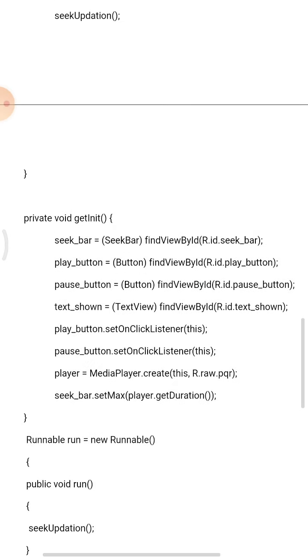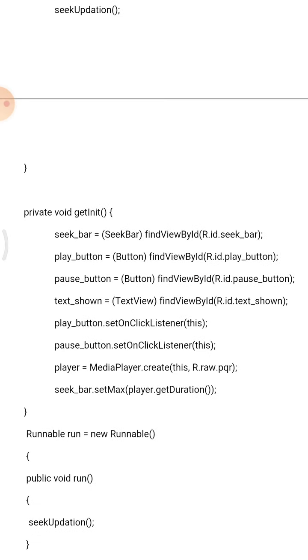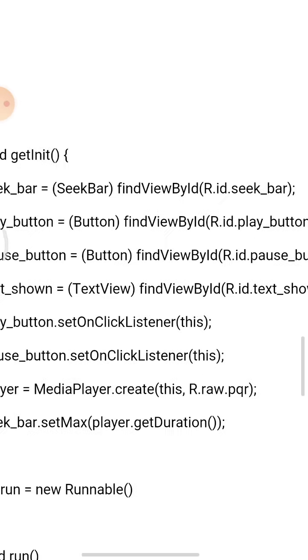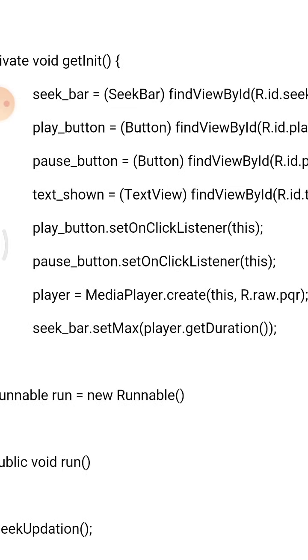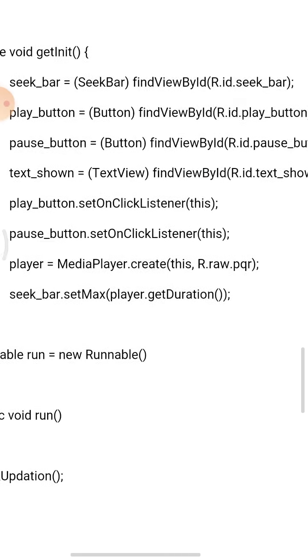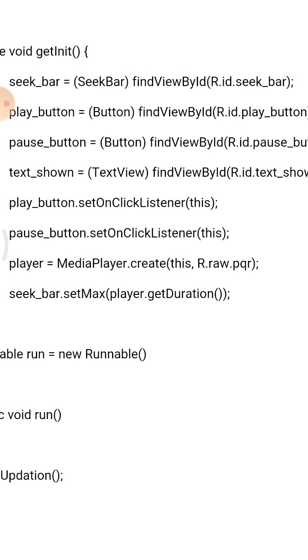Next, the private void getInit method: seekbar findViewById R.id.seekbar. These are the buttons which calculate your seek bar position. The play button automatically captures the seek bar position.